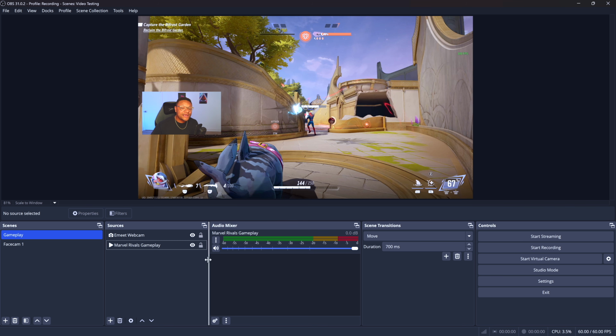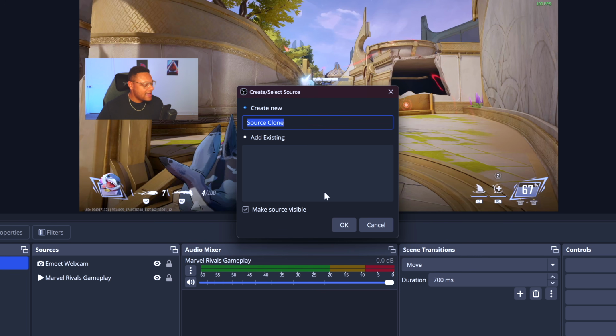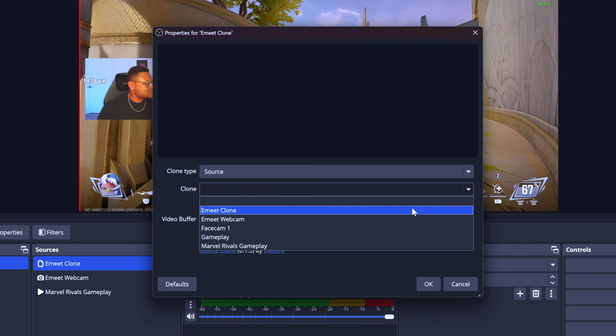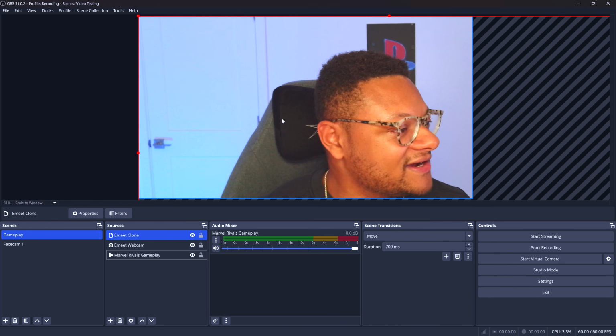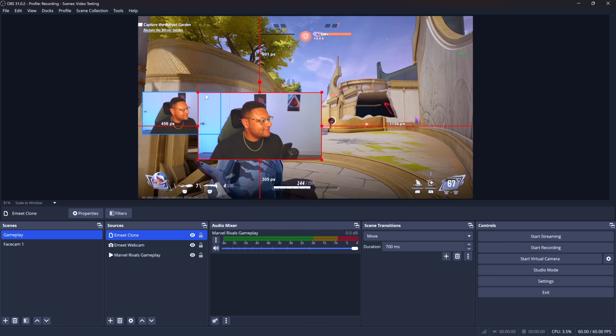And now back in OBS Studio, you're gonna wanna go to the plus button and find the Source Clone source. So select that. We're gonna name this emeet clone. Okay, we're gonna keep the clone type at source. Clone is going to be the emeet webcam. Nothing else needs to be checked off here. Select OK. And if we bring this on in, you're gonna see that we basically have another copy